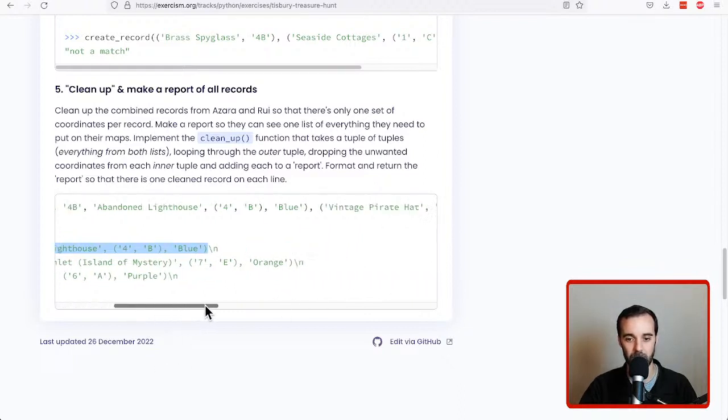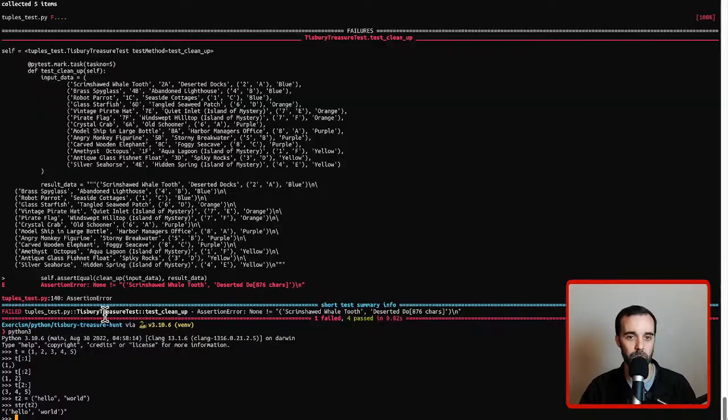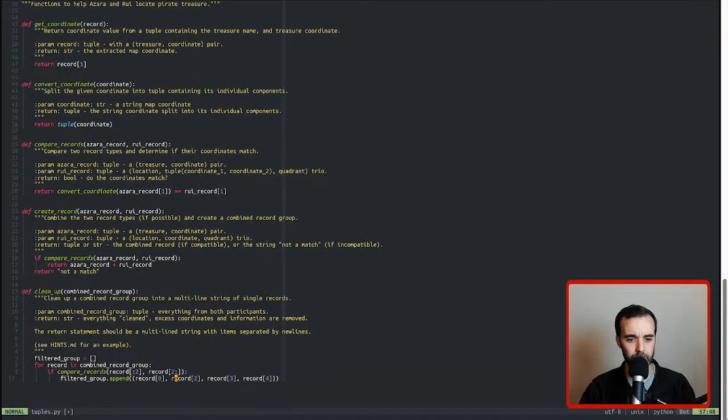Or actually, they're not even joining it. So this is not optimal, but okay, whatever. They're just adding a new line to the end of each thing. So there's an extra new line here that I'm not crazy about. So we'll do it in a slightly different way. In that case, forget the whole list thing. Let's just add,